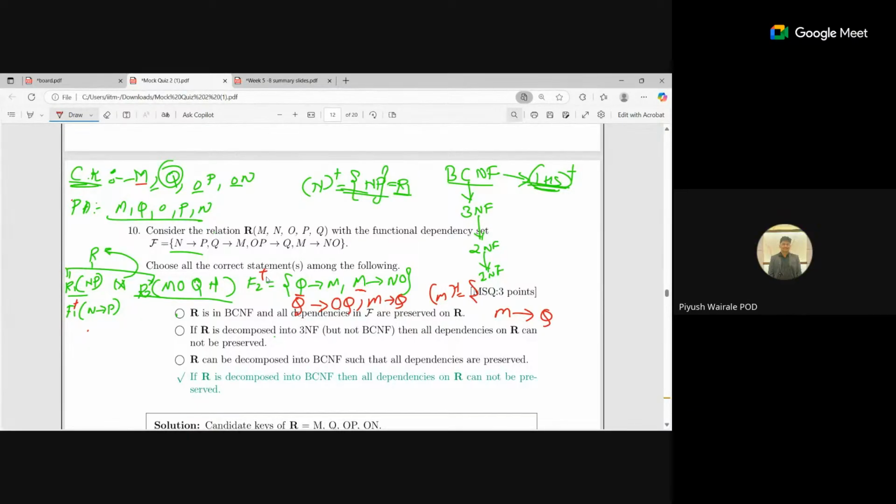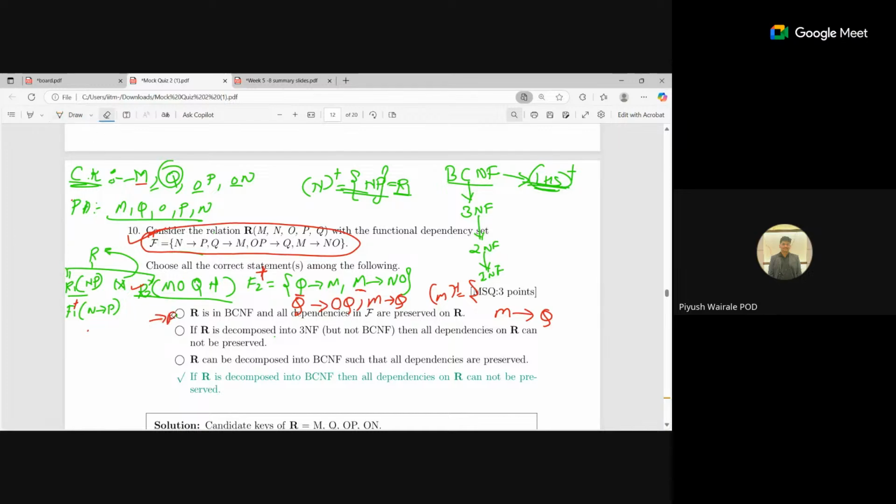Here we are finding F2 plus. In this case, we need to take the parent functional dependencies to find the applicable functional dependencies. So we use parent functional dependencies, but we write down only those FDs which are part of that relation. Only those attributes. M can also find P here, but we have not written M determines P because it is not